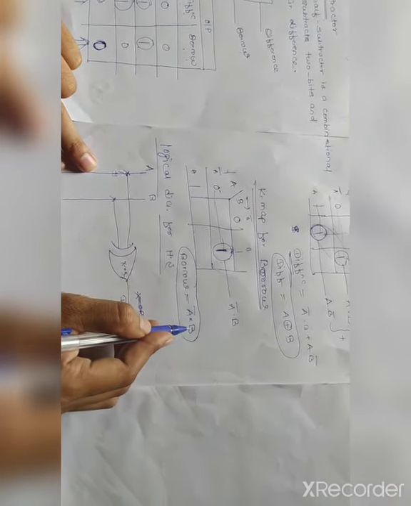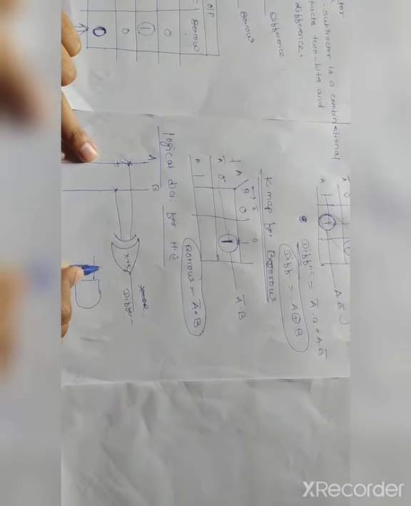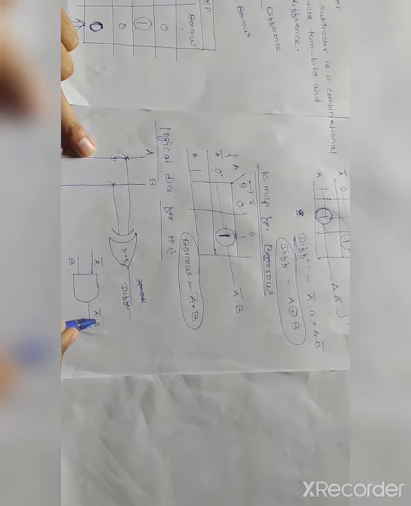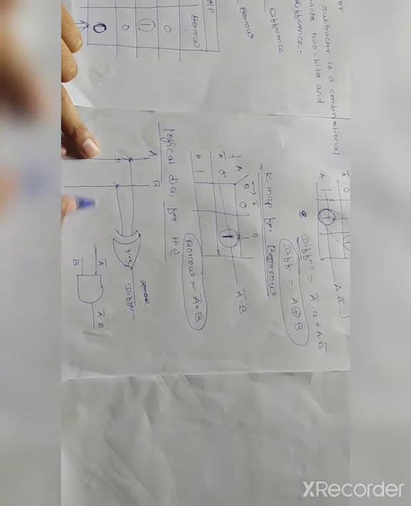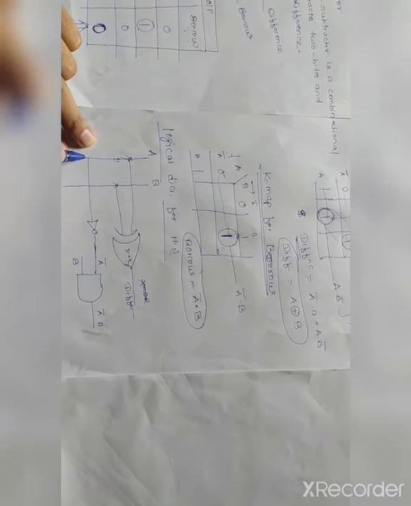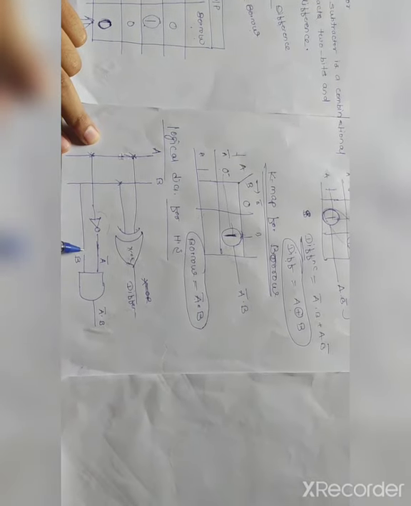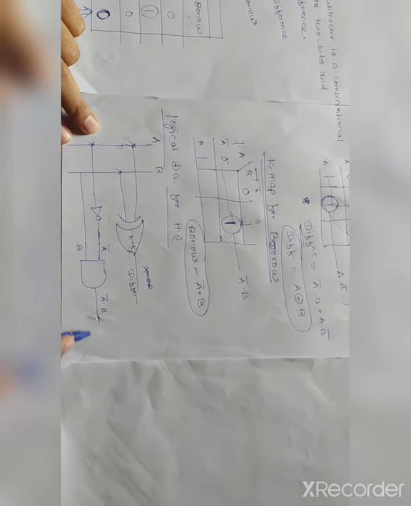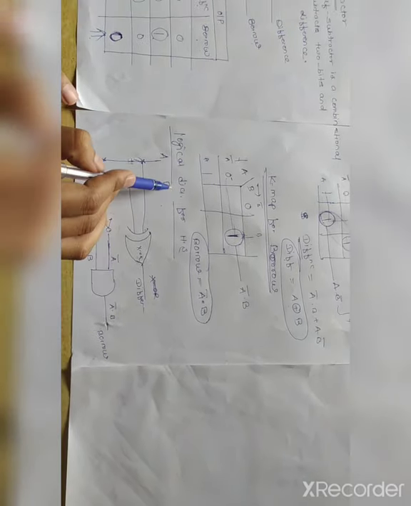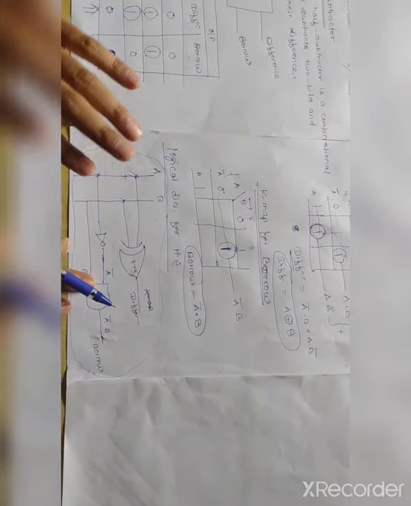You have to just check here. The inputs are A bar into B. A bar, and this is my B. This is my A bar into B. But here you are having the A. Just to get the A bar, you need a NOT gate here. So here A is converted into A bar. You are getting this output. This is my B. Now this is for the borrow. Now this is the simple logical circuit for half subtractor.